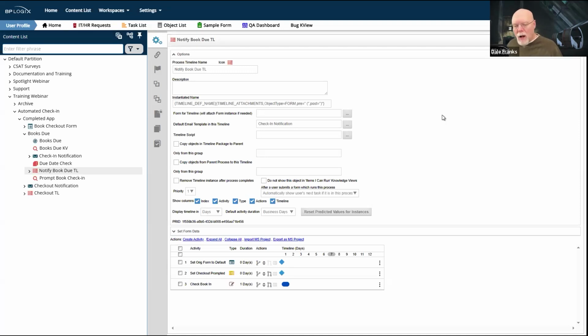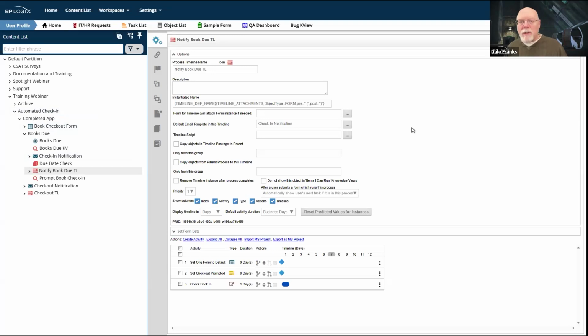Now that knowledge view returns form instances of the book checkout form. So whenever the knowledge view invokes this process, which again has no form for timeline set, it doesn't matter, because it's going to attach a copy of the book checkout form to this process timeline as a timeline attachment.